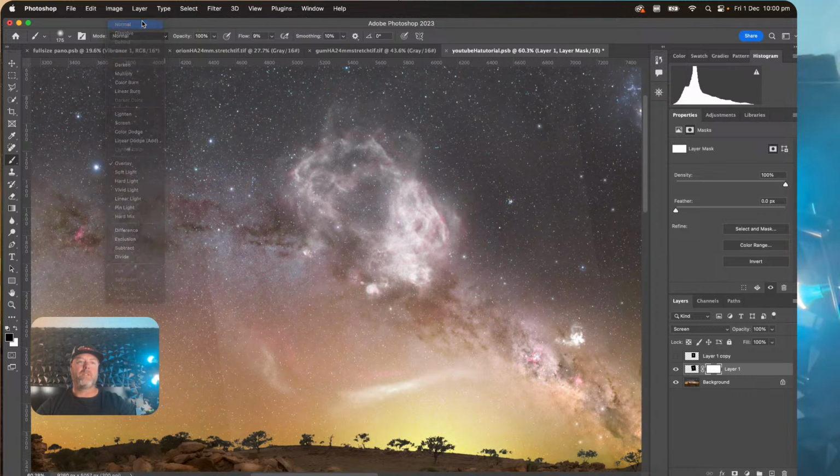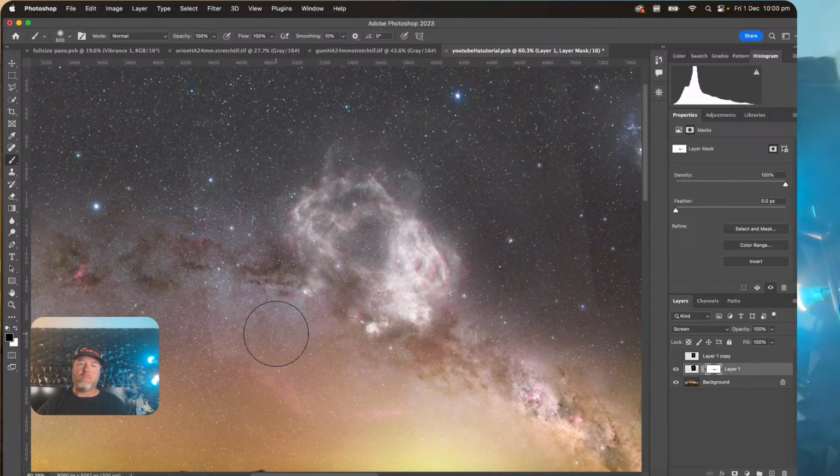That'll help. So I'm going to brush Carina out, and I might even brush the bottom of the gum nebula out here. And what I actually can do, I can see the line of the background sky, so I'll get rid of